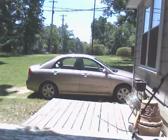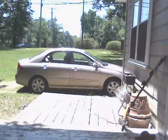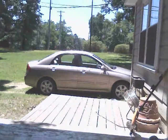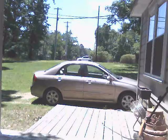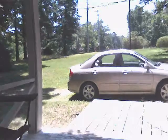We do use it sometimes during the summer on the front porch. You know, run an extension cord, plug it up, and you can sit out here even when it's hot. So I backed the car out of the carport because I cleaned off the carport. We live on a busy road. We're really not far from town. It's really close, so it looks like we're out in the middle of the country, but we're actually